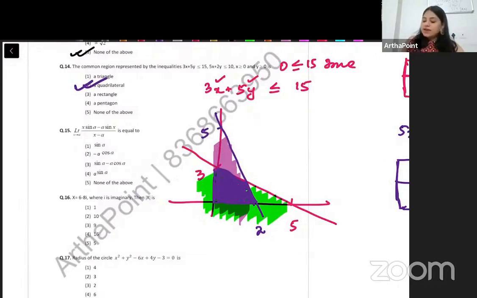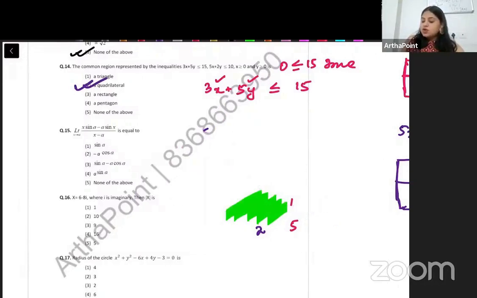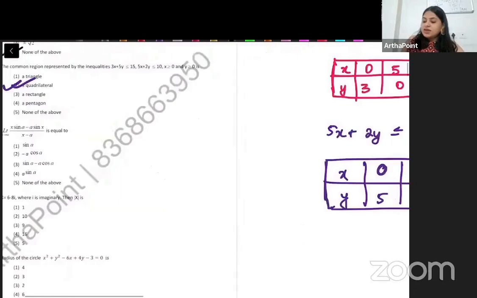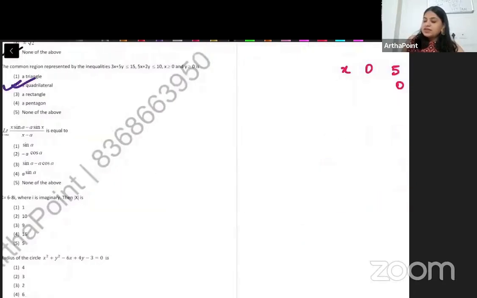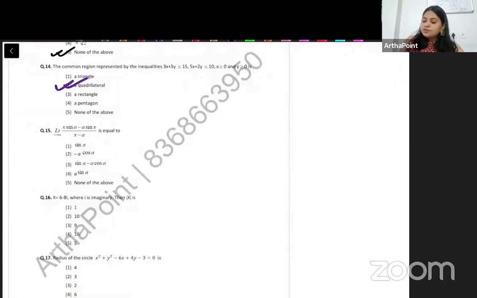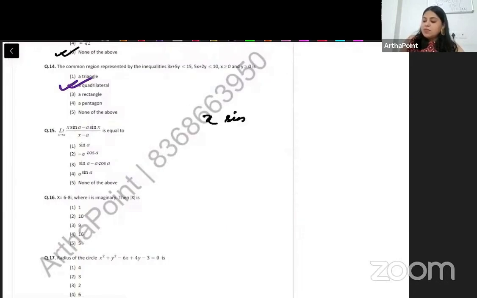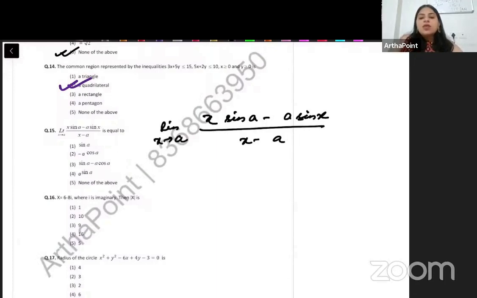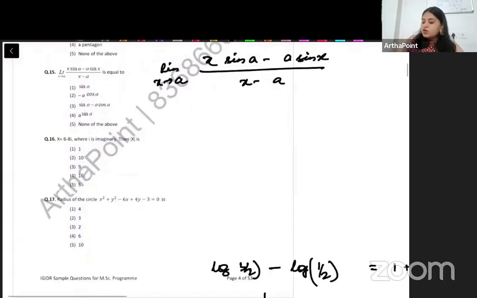Okay, let's look at the last question for today, beta. You need to find the limit of (x sine a minus a sine x) upon (x minus a), as x tends to a. Now, beta, if you directly solve this, you will get 0 by 0 form. And since you will get 0 by 0 form, the only way to solve this question will be by using